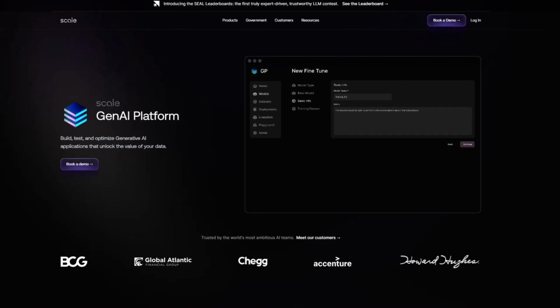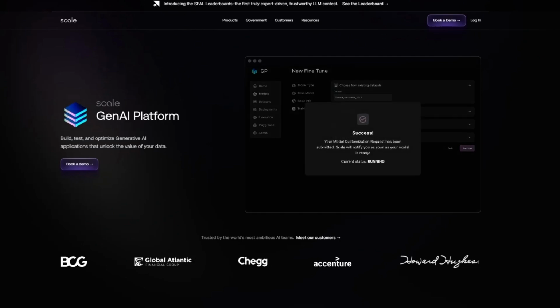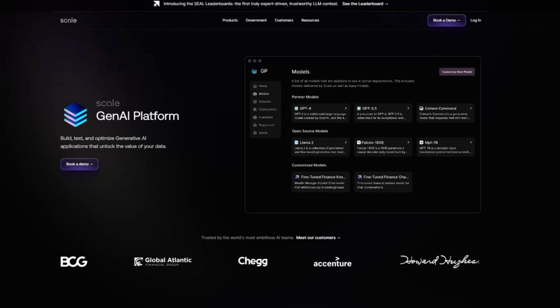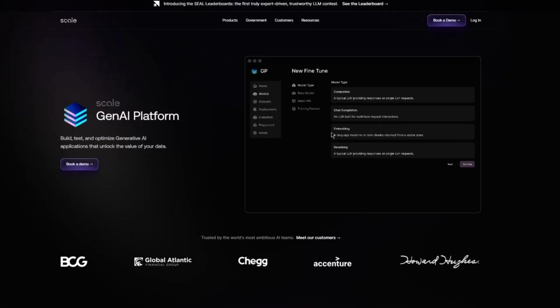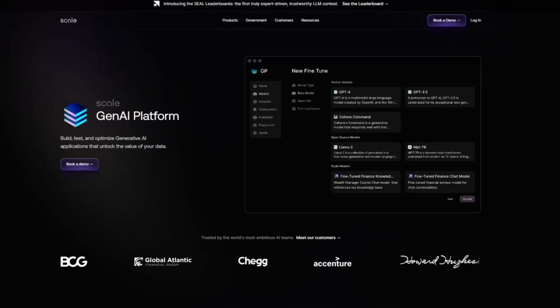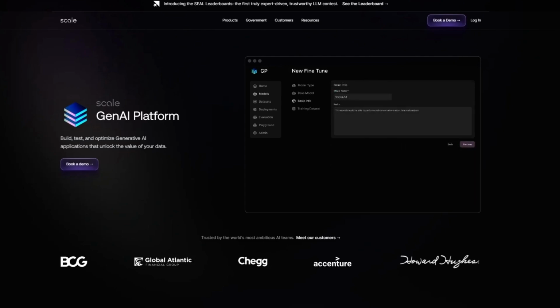Data annotation, as we all know, can be done through various platforms, but we're going to be using an AI skilled platform called Scale. It's a Gen AI platform where you can make the best models with the best data. You can scale data engines, leverage your enterprise data, and with Scale Gen AI, you can safely unlock the value